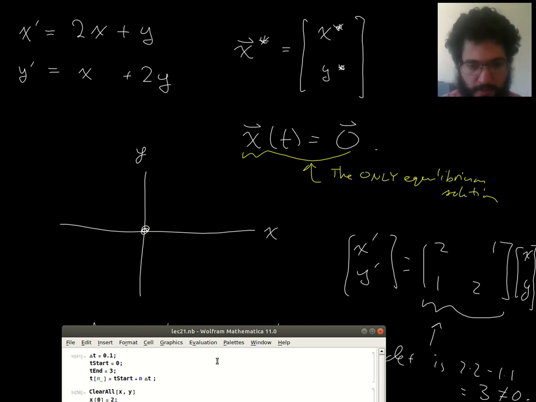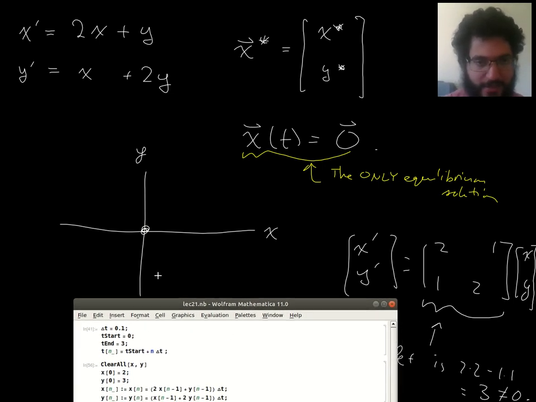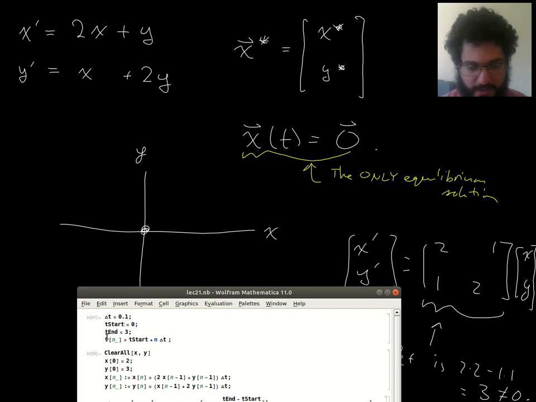Okay, so I played with this Mathematica file for a little while. So I've got delta t. This is kind of just generating a numerical solution of this system of differential equations. So I've got delta t is 0.1. I've got my t start, starting time, ending time, things that I've chosen, and then I'm just gonna not recursively just straight up define that